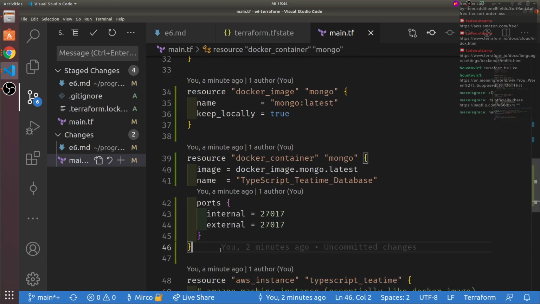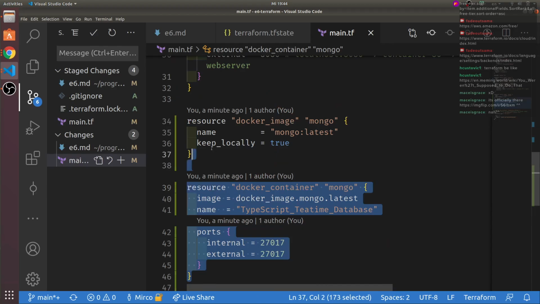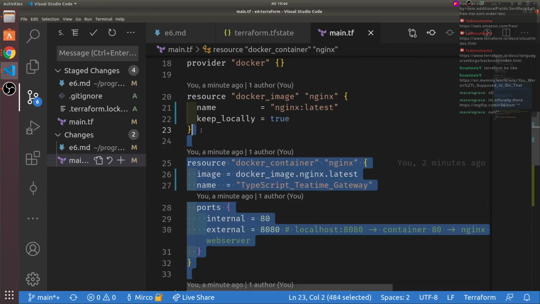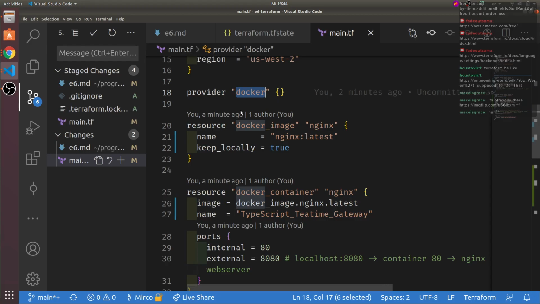We also at the same time, so this happens inside of AWS, while all of this we actually do locally. We also looked at Docker, how to spin up multiple images and essentially replace Docker Compose to a degree, if you want to say it like that.